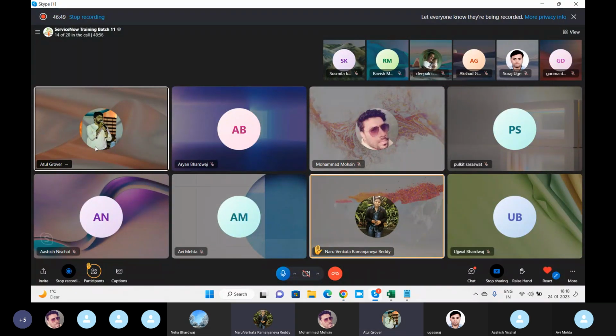Atul, if we change the portal setting for request or submit, that change will occur for only that catalog item, right? Not for the other catalog item. Right. But I'm saying it's a global change. It's not user specific. It's a global change, but for that particular catalog item only. Okay. Fine. Now let's say